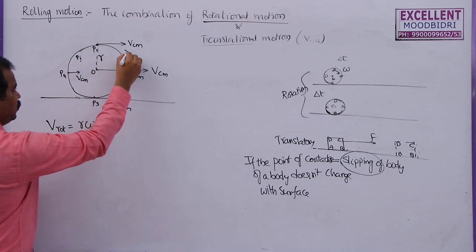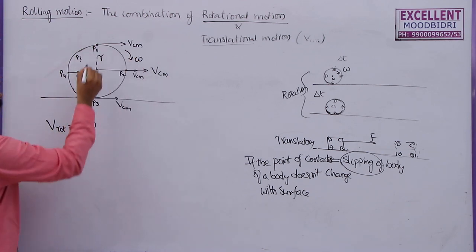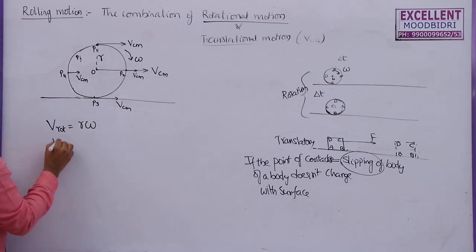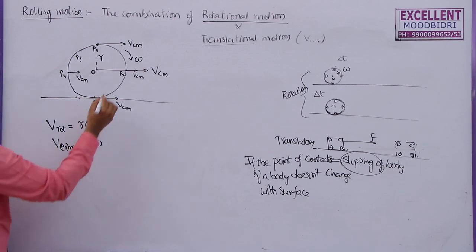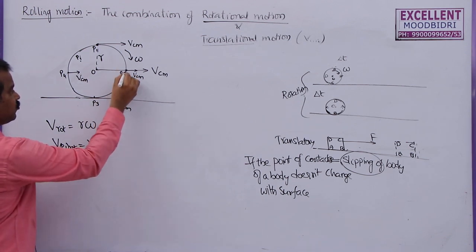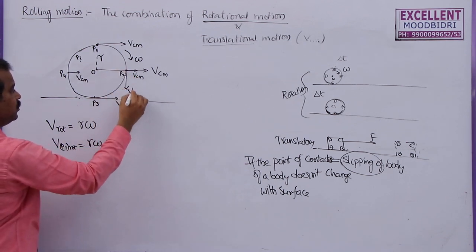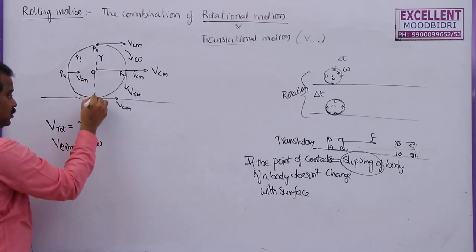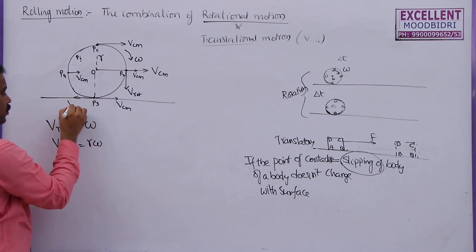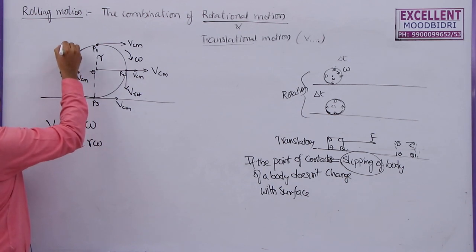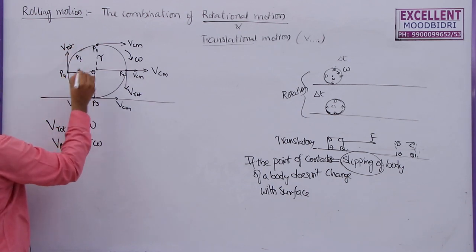So as it is rotating with a velocity omega, what is the velocity of this particle P1, that is, the rotational velocity? So V_P1 rotation is given by R omega. What is the velocity of this one? The linear velocity of this particle due to rotation is always tangential. This is V rotation. Here, this is the radius, and for this, this is the radius. So this velocity is always perpendicular to the radius vector.